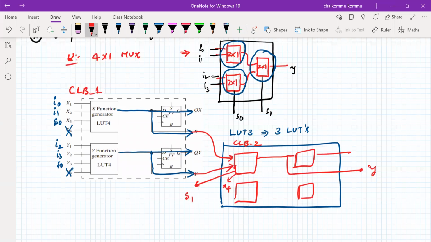But the biggest problem with this kind of approach is that the resource utilization is bad. Out of 16 combinations, you are using only 8 lookup tables, 8 RAM cells, and the other 8 are vacant. Therefore the power consumed by those will also be taken into consideration. But anyway, that is a different issue. The thing is that this is how we can implement our design.